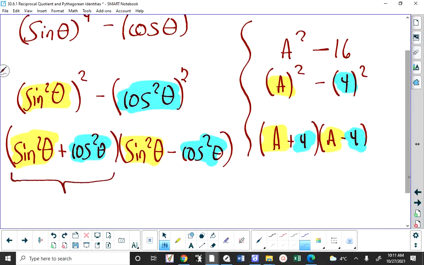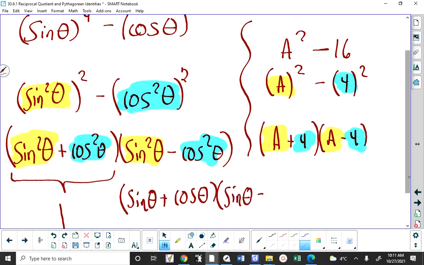We're back on more familiar ground, I think, now. This is 1. So we're left with sine squared minus cos squared. And if you wanted to, since this is still a difference of squares, you could factor it into sine of theta plus cos of theta multiplied by sine of theta minus cosine of theta. So my question to you, JV, is